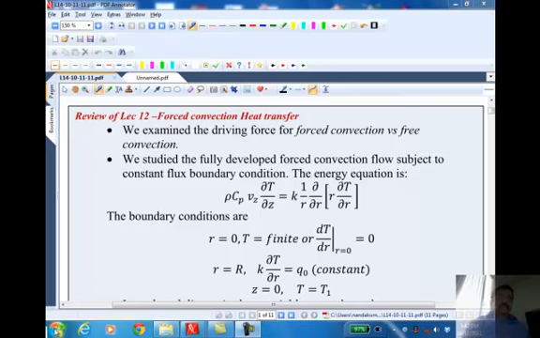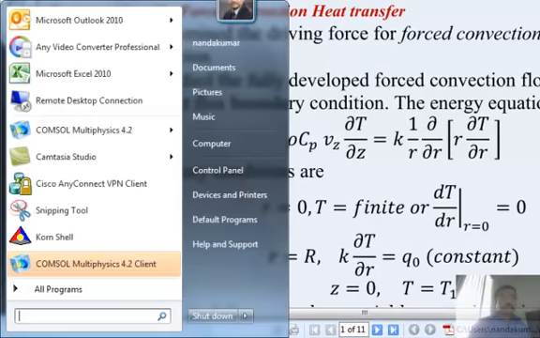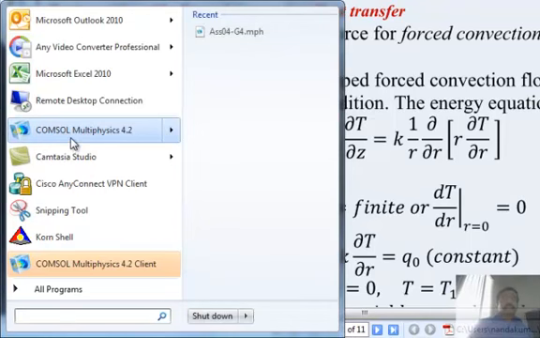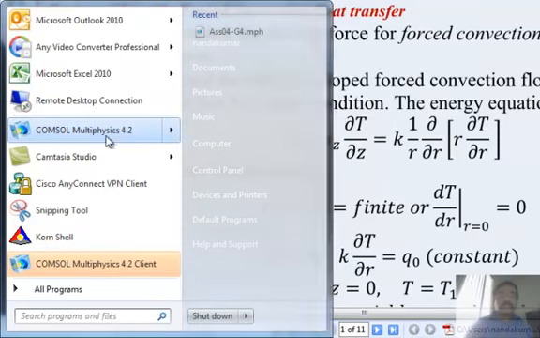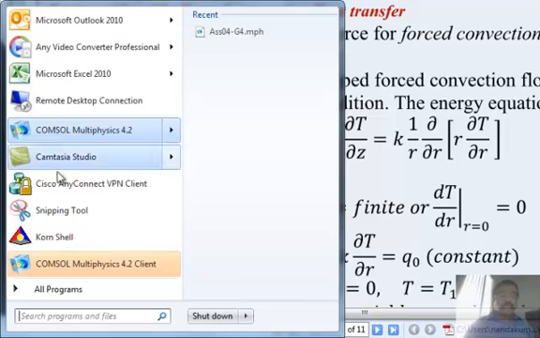Okay, the first thing that we need to do is, when you go into the lab next door, Comsol is installed on all the machines. There are 30 machines or so. I think it's also installed in the graduate computer lab. So you just hit the start button and look for Comsol Multiphysics 4.2. Now you will find in your machine several options. In mine, I don't have those. I guess, where is it? Yeah, if you go to all programs,